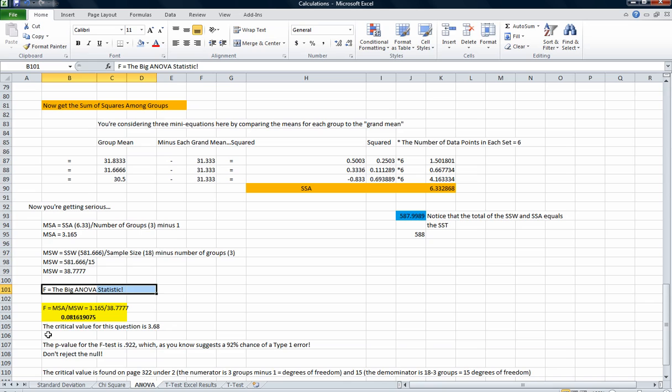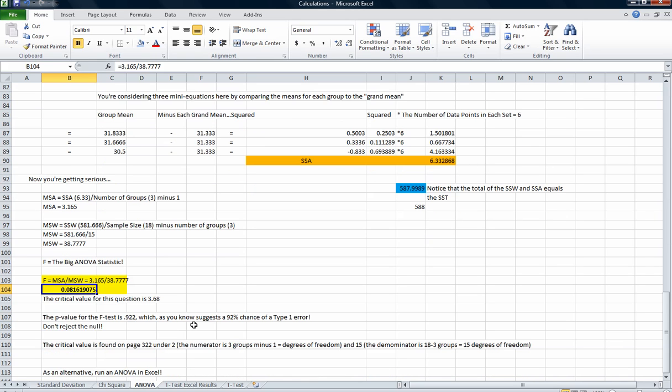Now you're ready to calculate the big statistic. The F statistic is simply the MSA divided by the MSW. 3.165 divided by 38.777, which is 0.08 as an F. Now, the critical value for this question is 3.68, which I'll just mention in a minute. And the p-value for this particular number, because remember, each statistic that pops out corresponds with a p-value. The p-value for this test is